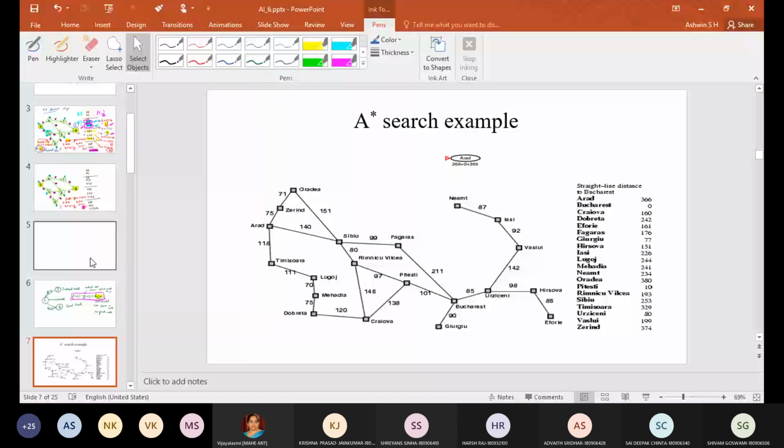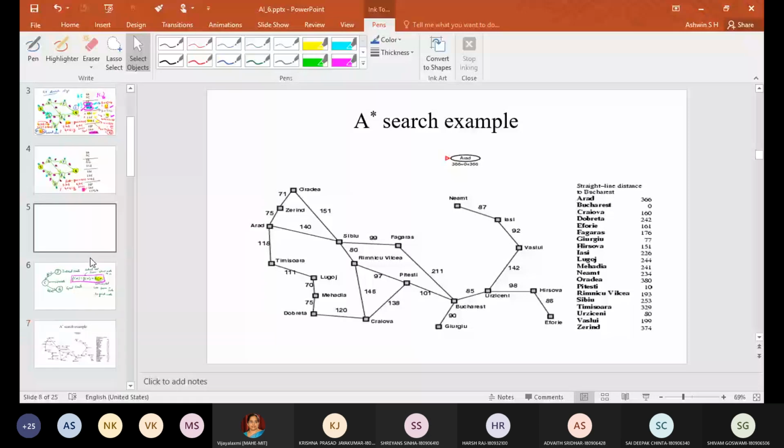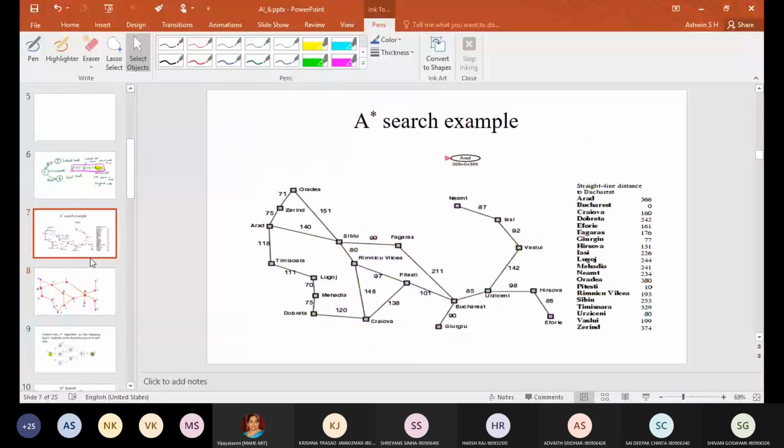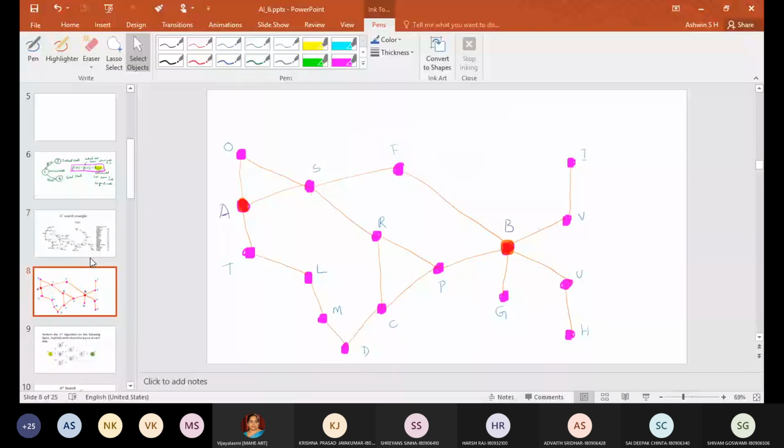See, this is one graph of cities in Romania. They have given this in one of the books which I got. Different cities they have marked, and they have shown the actual distances, the straight line distance. It is very nicely shown. I will solve this problem later, because with these cities it is difficult to analyze. So I have written an equivalent diagram in terms of alphabets.